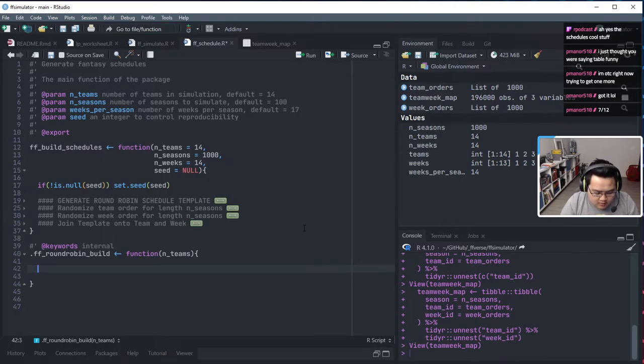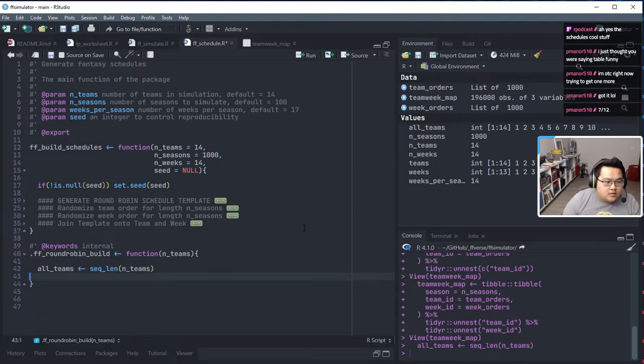So we're going to take the vector that is seq length n teams. So that's every team. So we'll call this all teams. And the way this is going to work is all teams and